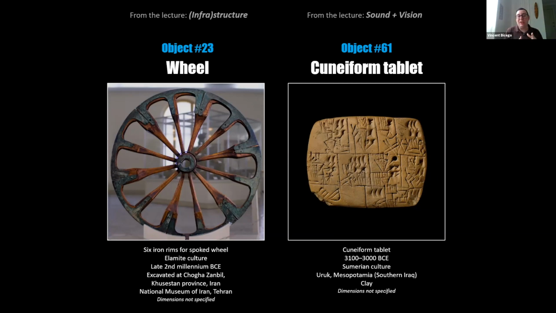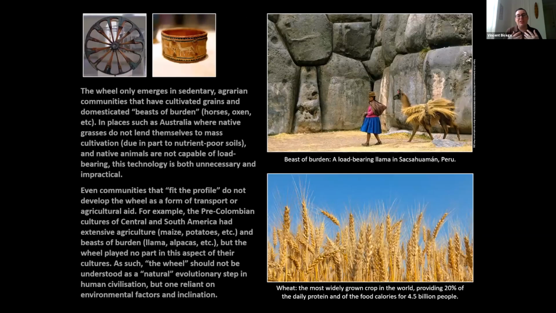The two really big objects that we really needed to tackle were the wheel and the invention of writing, because in many ways, these have long been seen as the inventions that separated the primitive from the civilized. And once again, if we go back to the idea of historical materialism, we really needed to emphasize to the kids,